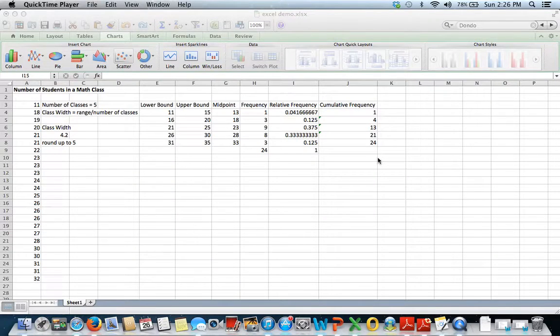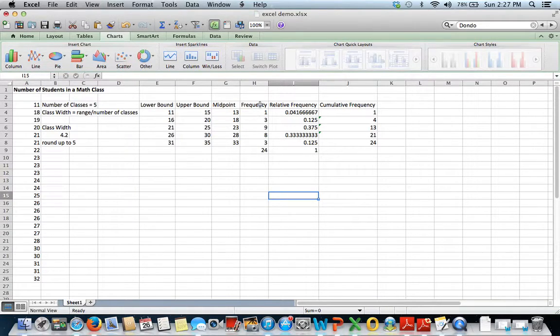In this video, we're going to look at how to create a frequency histogram using Microsoft Excel. I'm going to use the same spreadsheet that I used in the previous video, so you can refer back to that one if you need to see how to set up these columns. So to create a frequency histogram, I'm going to start by highlighting the frequency column, not the total, just the